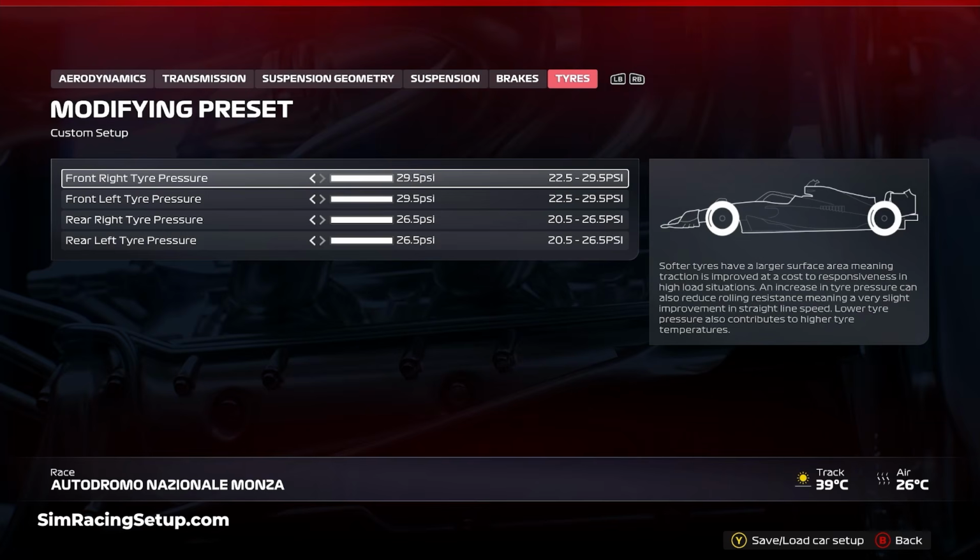With the tyre setup, I've gone with the maximum pressures all round. This will aid with top speed, increasing it as much as possible, but it also helps battle tyre temperature build-up and ultimately tyre wear. If you really are struggling for traction, you can lower the rear pressures, say to around medium, and this will just increase the contact patch with the track, but it can result in a bit more